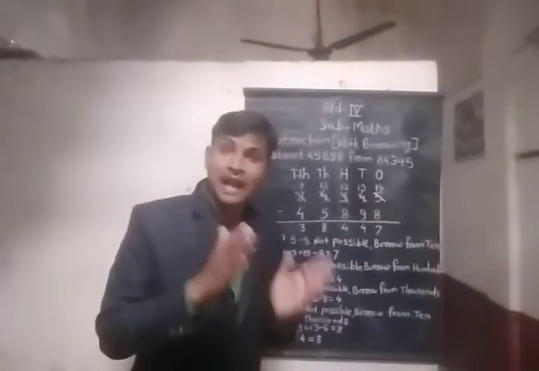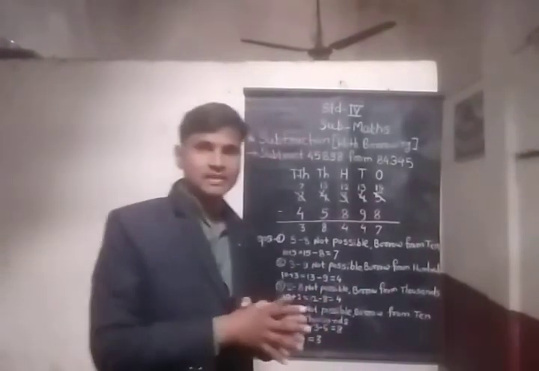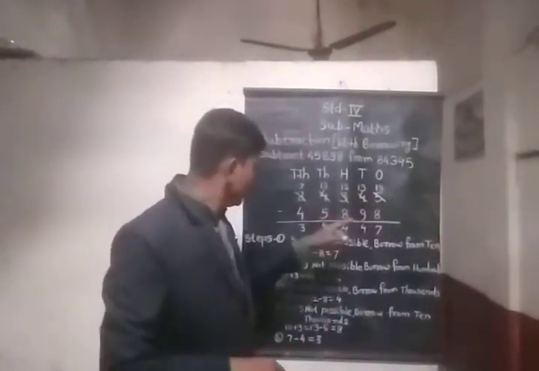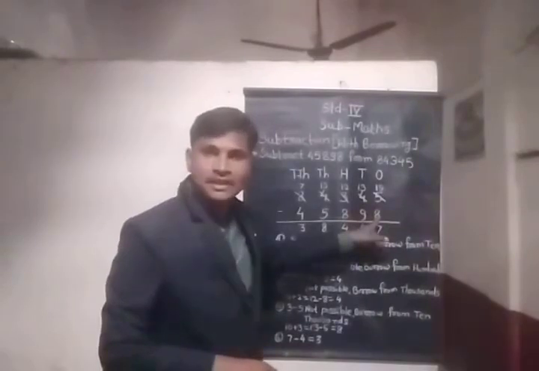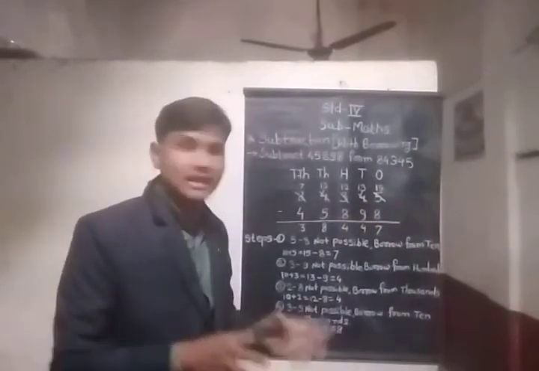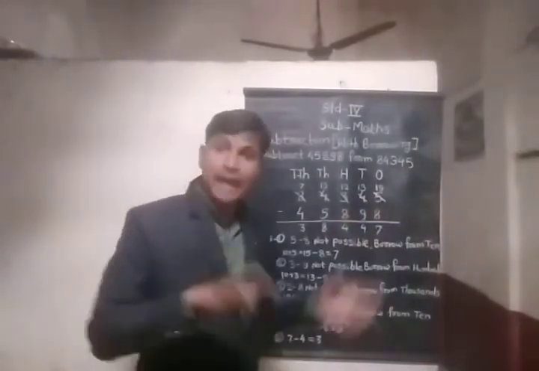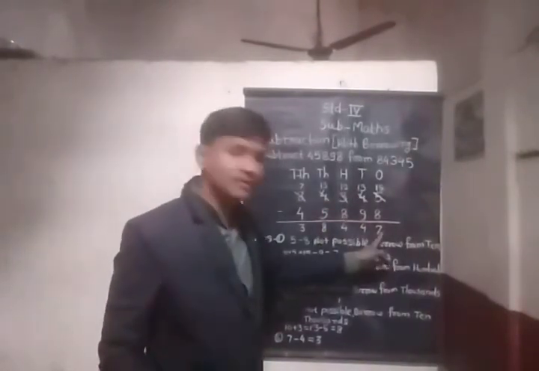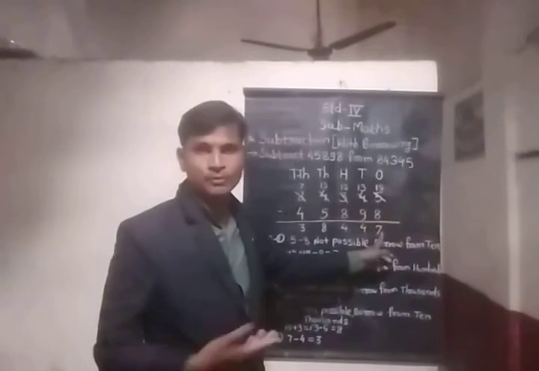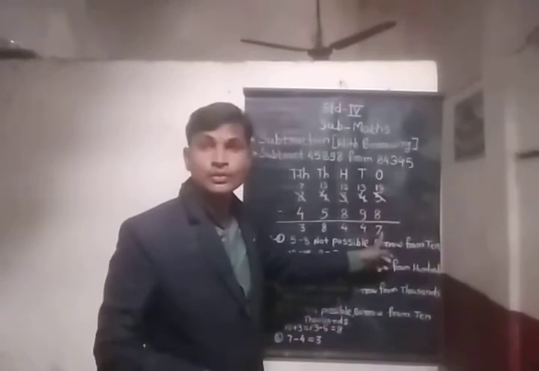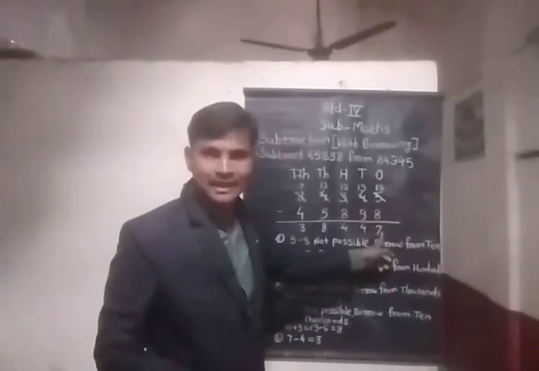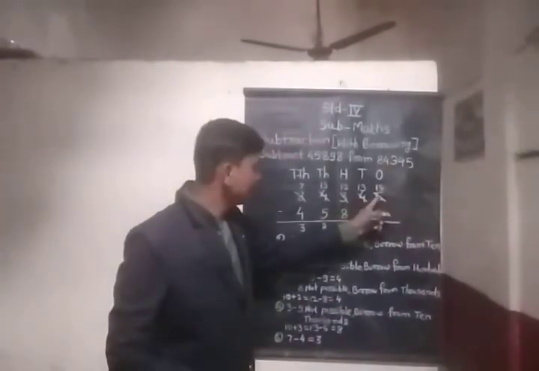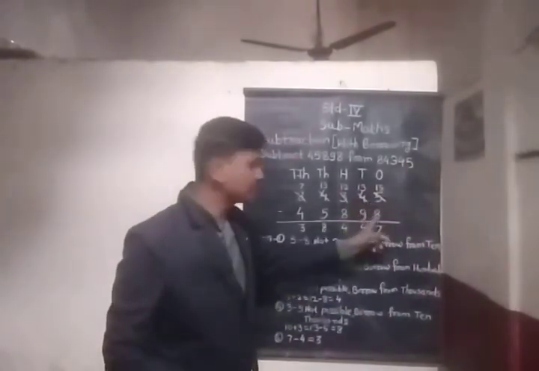First, when we have to add or subtract numbers, we have to start from the ones place. So which is the ones place? In the upper number, the ones place is 5. In the lower number it is 8. We know that the upper number is called the minuend, the lower number is called the subtrahend, and the result is the difference. Before this lecture we saw examples without borrowing. So here the ones place is 5 and there the ones place is 8.